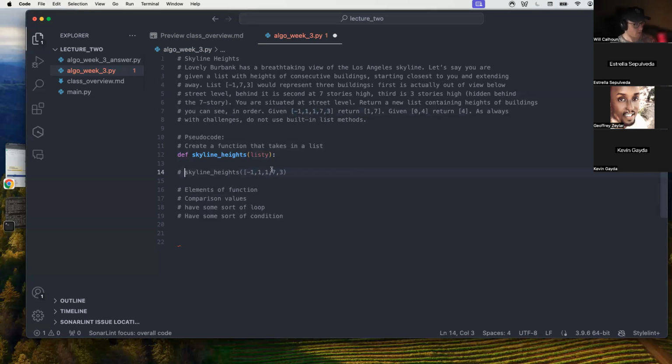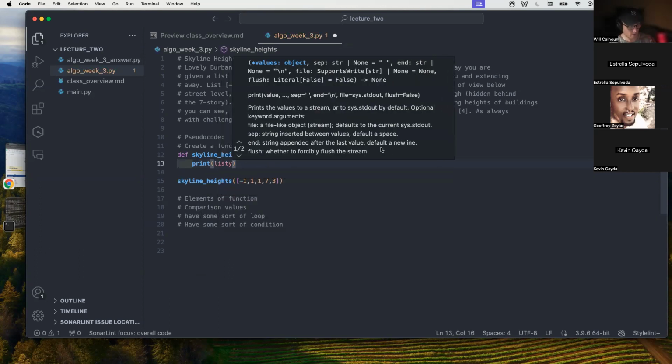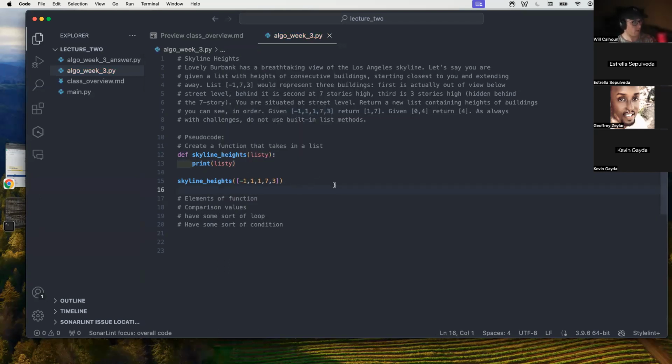Remember, listy just is what we're calling this or whatever value when the function's called. We're just saying, hey, this is the function name. It's going to give you a parameter, an argument, and then I want to refer to that as listy. So if I were to do this, oh, I see. So listy represents any value, any actual list, passed in. Okay. Yeah. So if I run this,